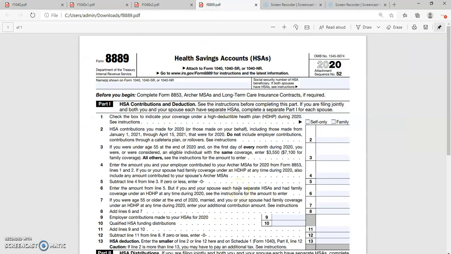Hello everyone. Today we are going to talk about Form 8889 for Health Savings Account, HSA. So basically, HSA is a health savings account set up exclusively for paying the qualified medical expenses of the account beneficiary, or the account beneficiary's spouse or dependent. So you can see